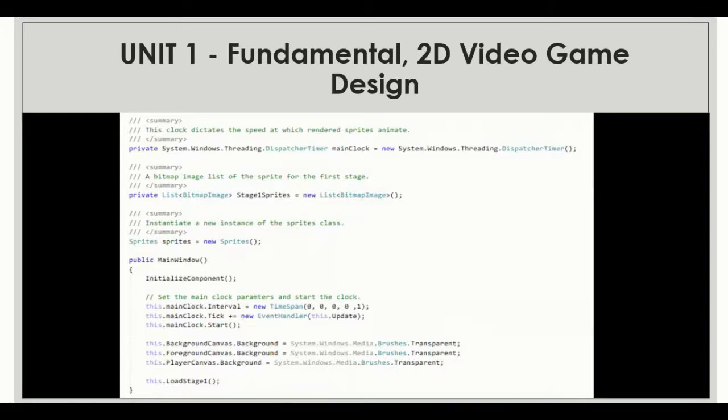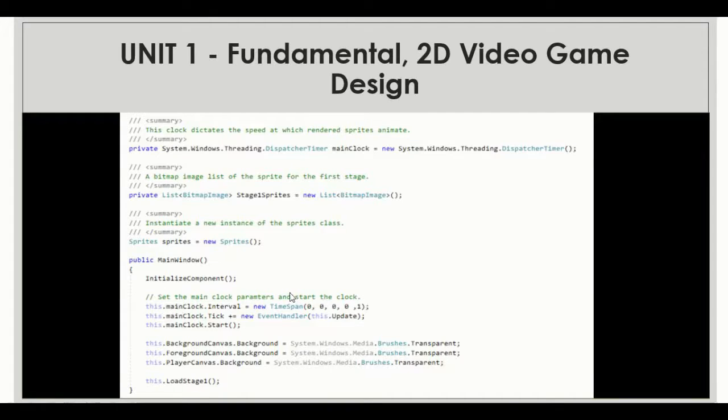It may be a little bit tough to see, but in any case, we have here a threading dispatcher timer called main clock, which has been instantiated as a field in where you would place your fields depending on how you structure your code. And in the constructor of this particular example, we are setting the properties of our main clock to